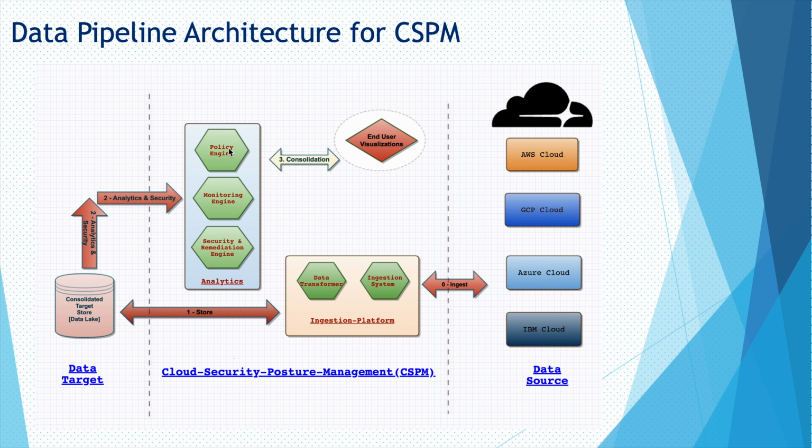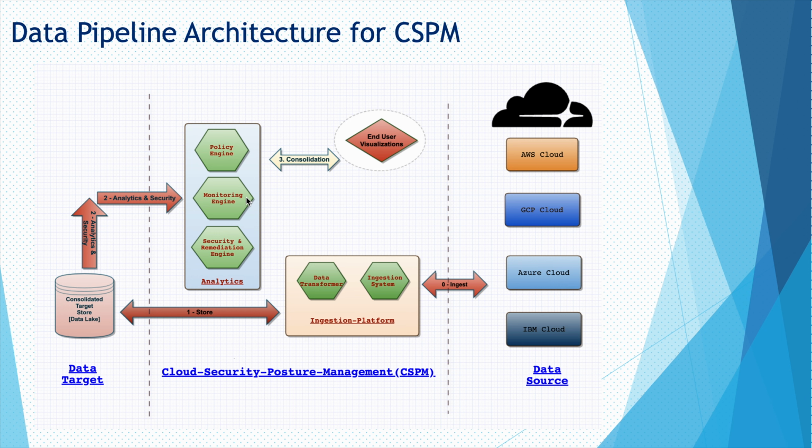Now, through the CSPM system at the end-user visualization level, you know that my 50 workload VMs are under threat because they have an allow-all network policy rule. Similarly, you can have different mechanisms like security and remediation in CSPM, which can be used to auto-remediate such kinds of incidents,